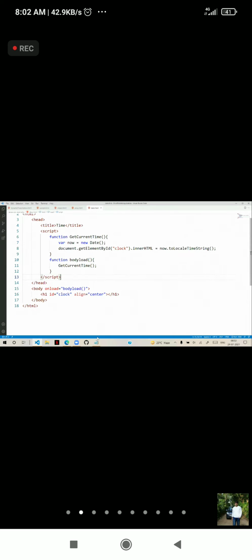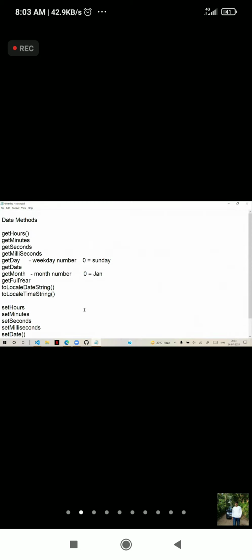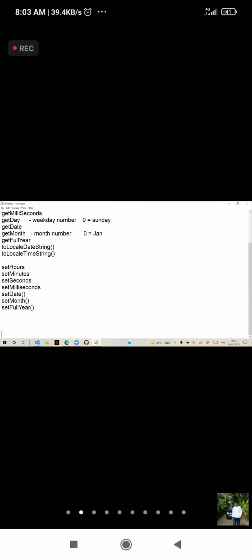For that, when you are dealing with time, we actually need timer functions. We call them timer events. Timer events you will learn separately in the JavaScript events concept: what is an event and how they work. As of now, we have a timer event, setInterval. setInterval is an event which is used to perform any task. You can give any task and you can give a time interval.